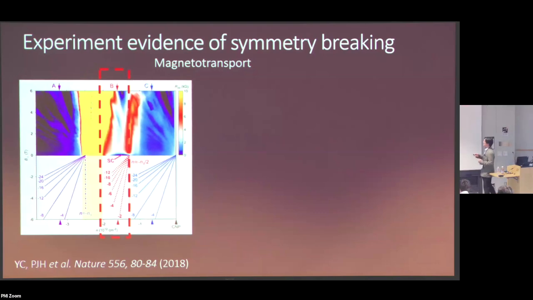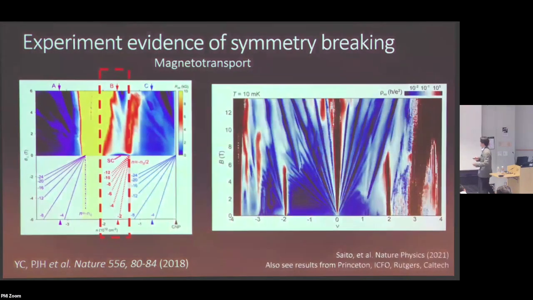And around that region, you're seeing quantum oscillations that have half of the degeneracy compared to normal graphene, which is 4. Okay, so this is how you know that when you're feeling electrons within this region, you're only feeling 2 Fermi pockets, and that corresponds to the 2 flavors that are spontaneously polarized. And this has been observed in many following experiments, with much nicer data quality, and also you can now start